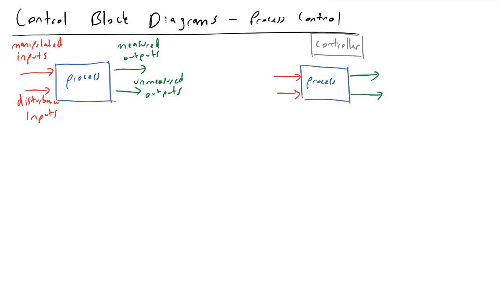Hello guys, in this video we are going to be discussing control block diagrams, and this is one of the very first things you're going to be learning in a process control class. At the high level, what we are essentially trying to do is take a process. It can be something as simple as water inside of a tank, or a very complicated thing such as an exergonic chemical reaction. And what we're going to do is model this system as essentially this black box,